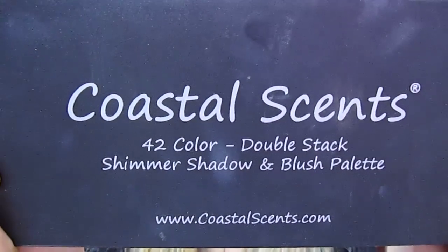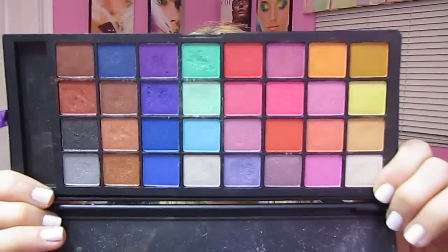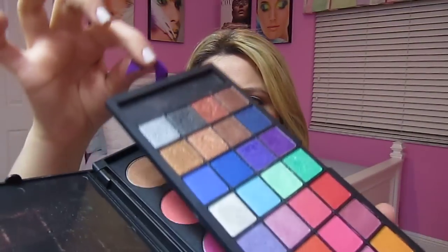I don't really remember the price. It's this one right here. It is a 42 color double stack shimmer shadow and blush palette. It's awesome. It looks like this. It has a section that has the blushes, and on top of that it has the little section that has the eyeshadows, and then you just pretty much pull this off and there are the blushes, and they're